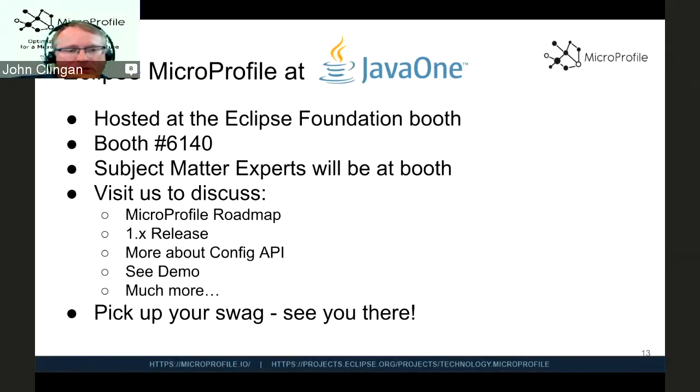Just a note quickly, Eclipse MicroProfile is going to have a booth at JavaOne. Well, it'll be hosted at the Eclipse Foundation booth. You'll be able to come talk to microprofilers, committers, community members at the booth, and talk to us about anything you'd like: the roadmap, what's in the release, how do I use the APIs, see a demo. We'll have swag as well, and maybe one of the marketing folks can talk about the swag, but T-shirts and so on. So definitely come visit us at JavaOne,